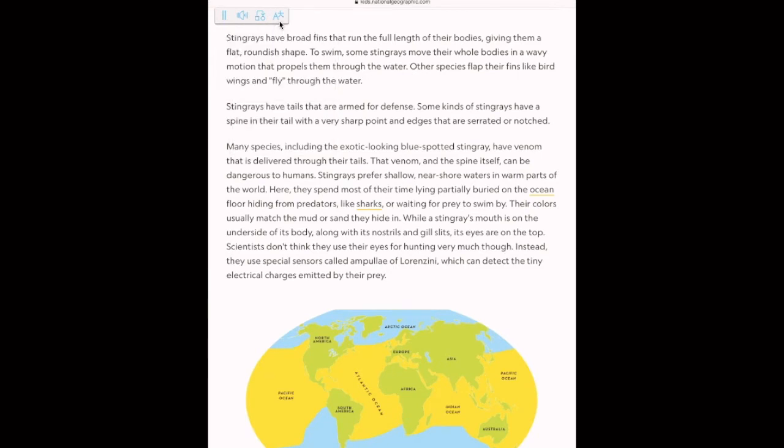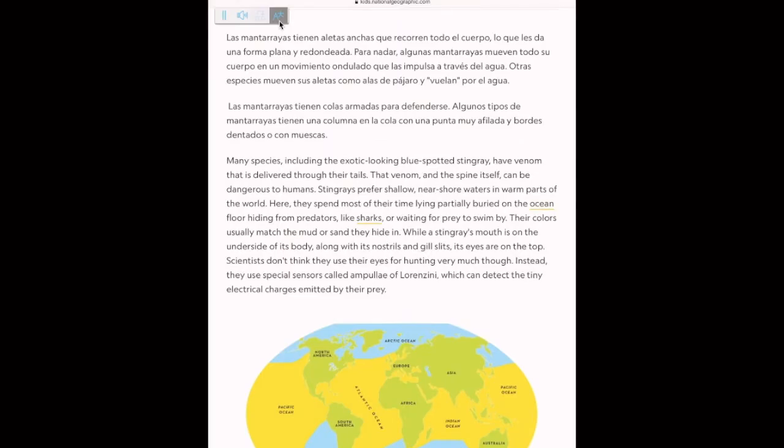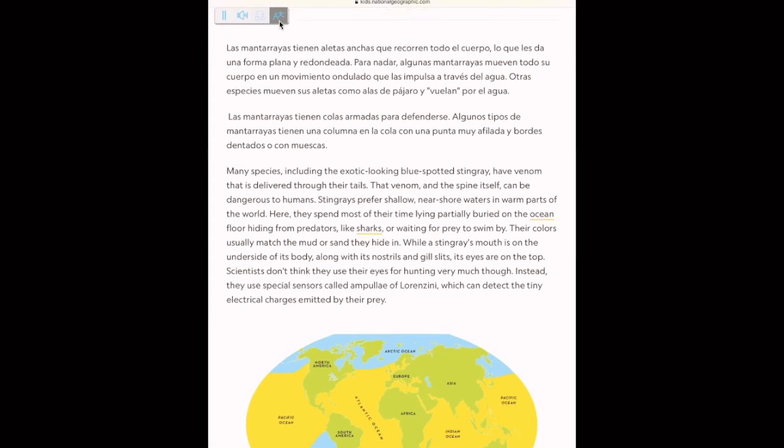Now that I have selected my voice and my language, I'm first going to highlight some text here. And this is exactly what I need translated. And then I'm going to choose the translation icon. So right away, my text has been translated on the fly for me, and I'm still within my same National Geographic environment. Next up, I can go to that read aloud, and I can go ahead and click where I want to start reading.